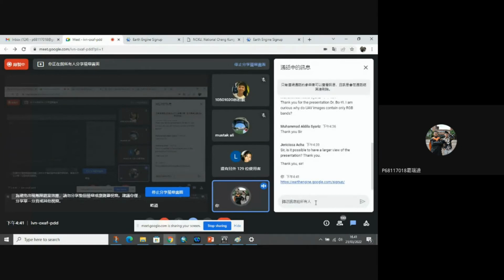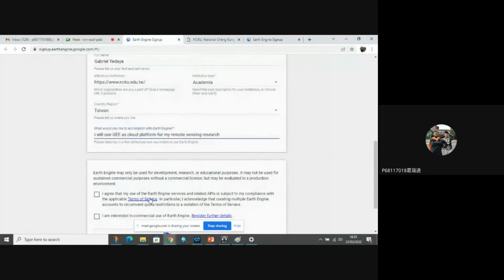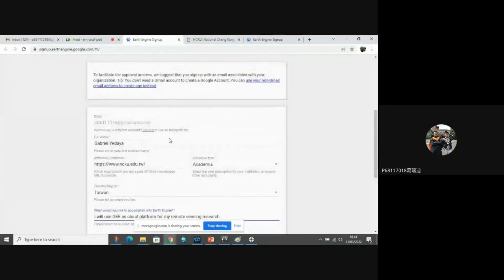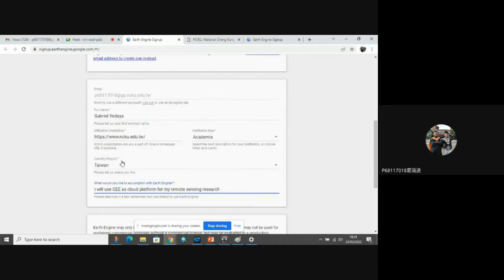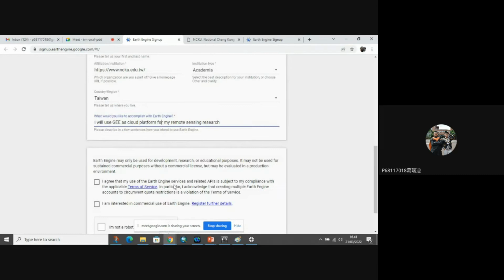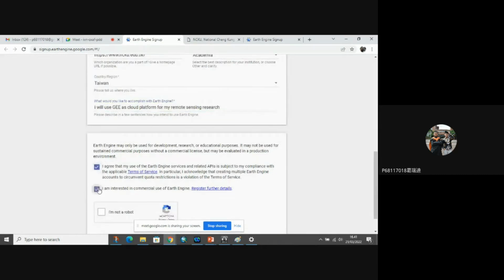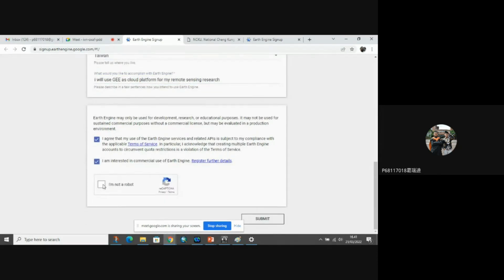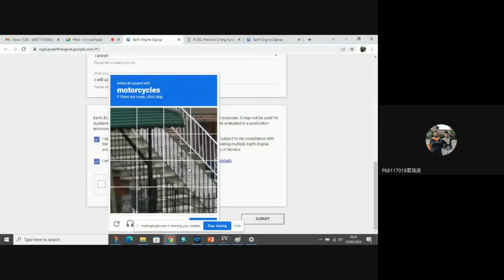Here is the sign up for the Earth Engine account. So make sure you give your full name, your affiliation or institution, the institution type, country, region, and make a long sentence like this one. I will use GEE as a cloud platform for my remote sensing research, and check everything here and do the verifications.